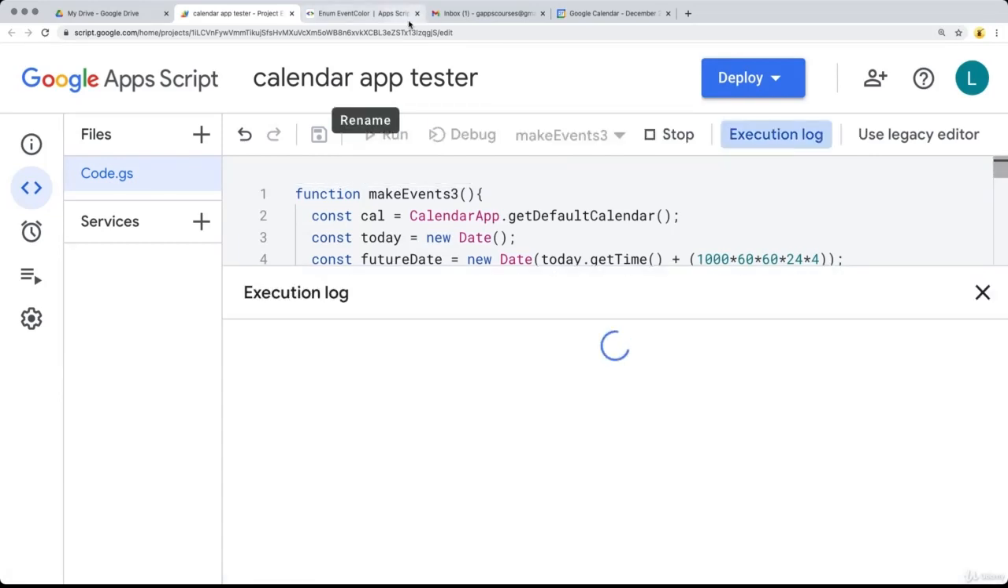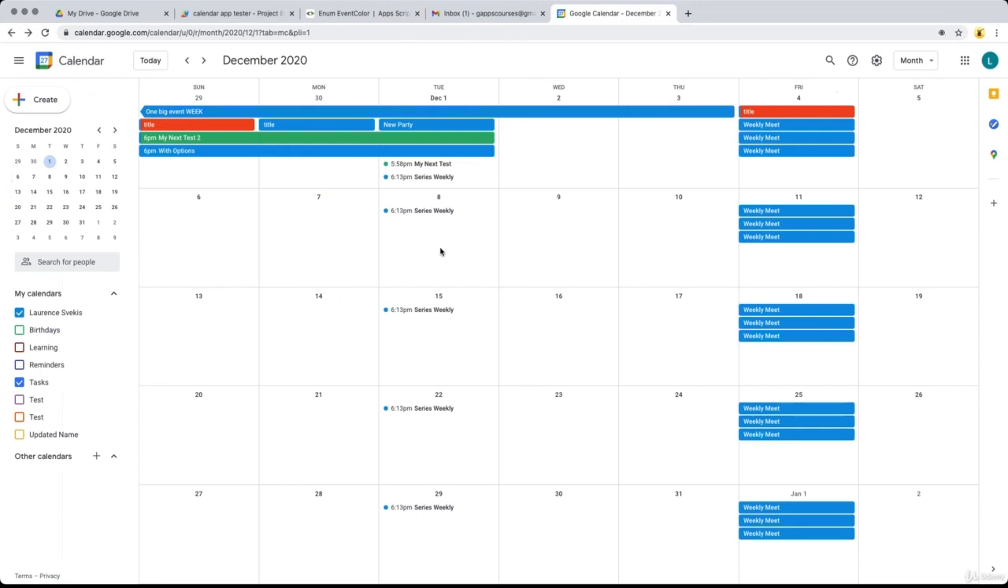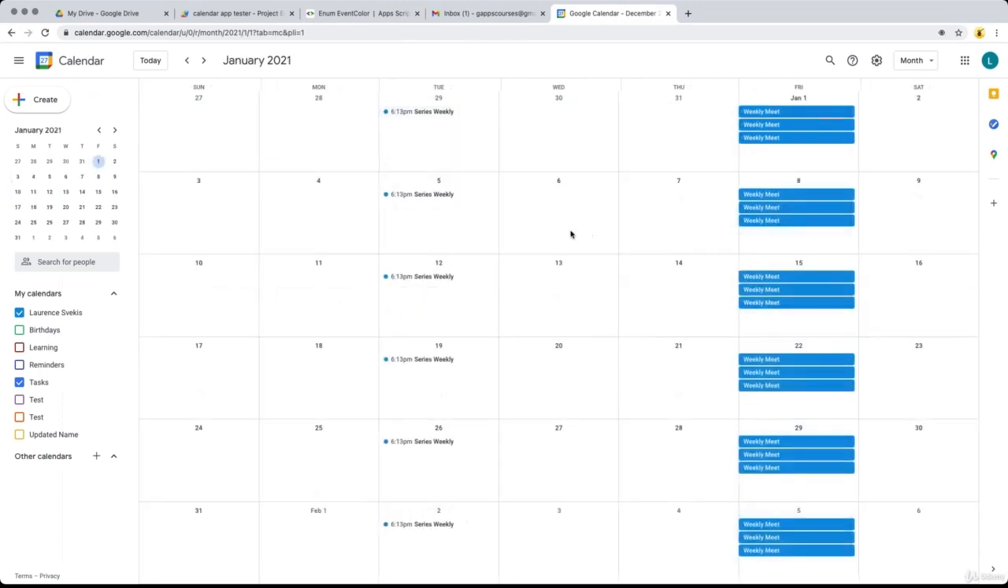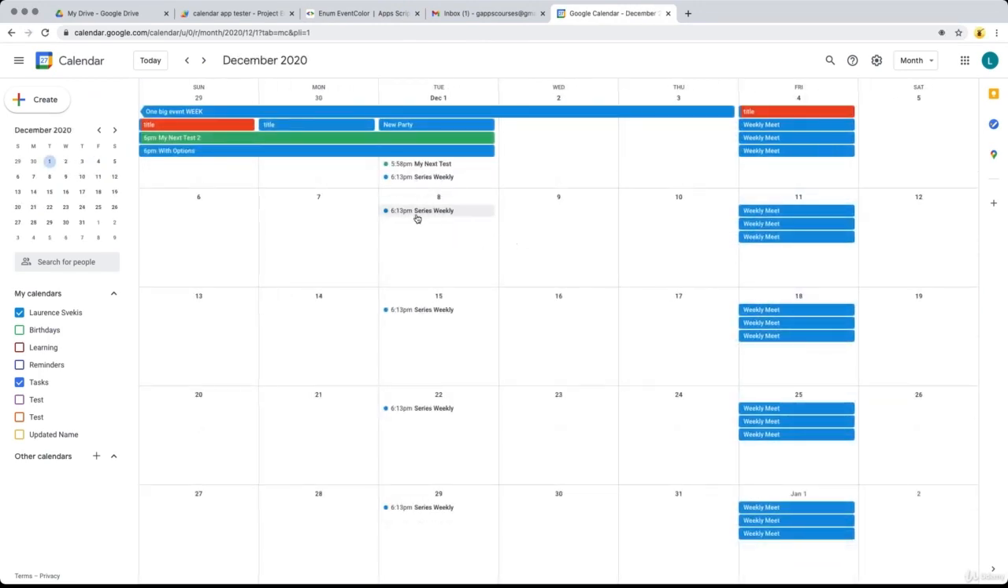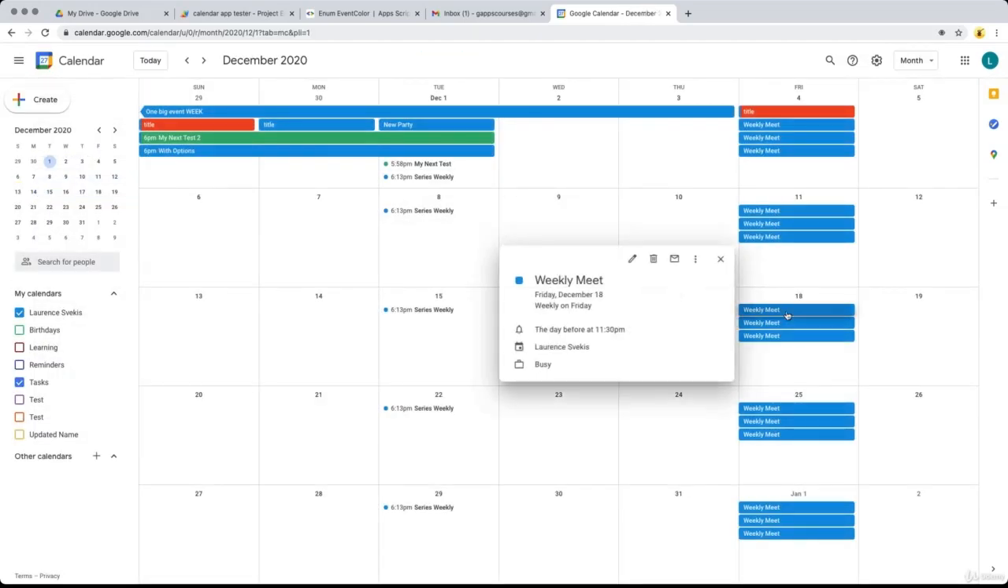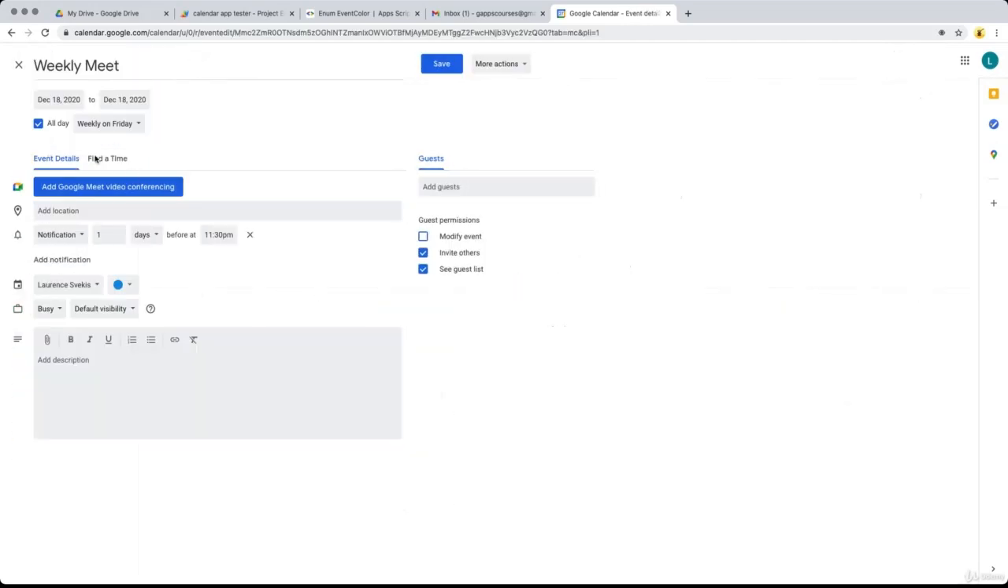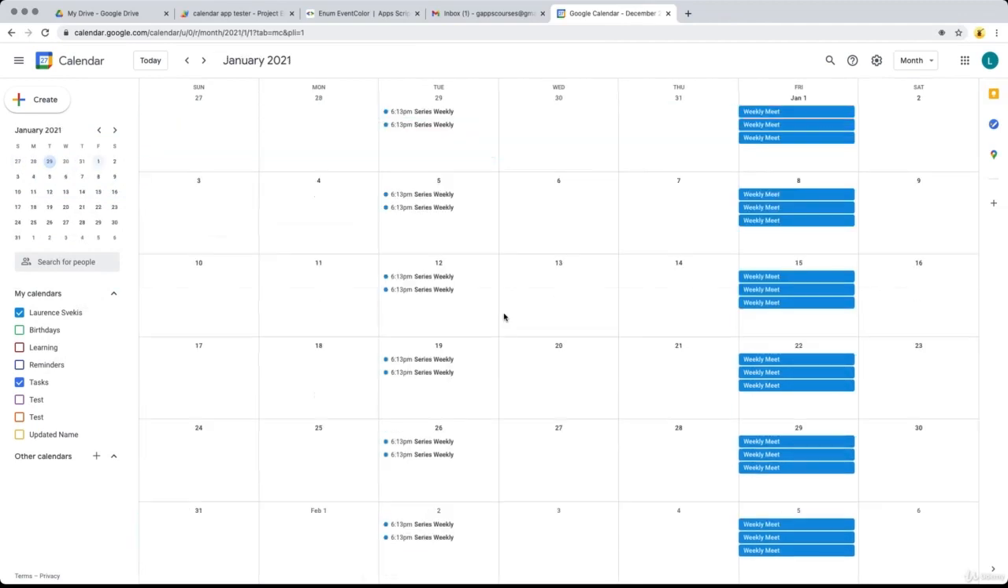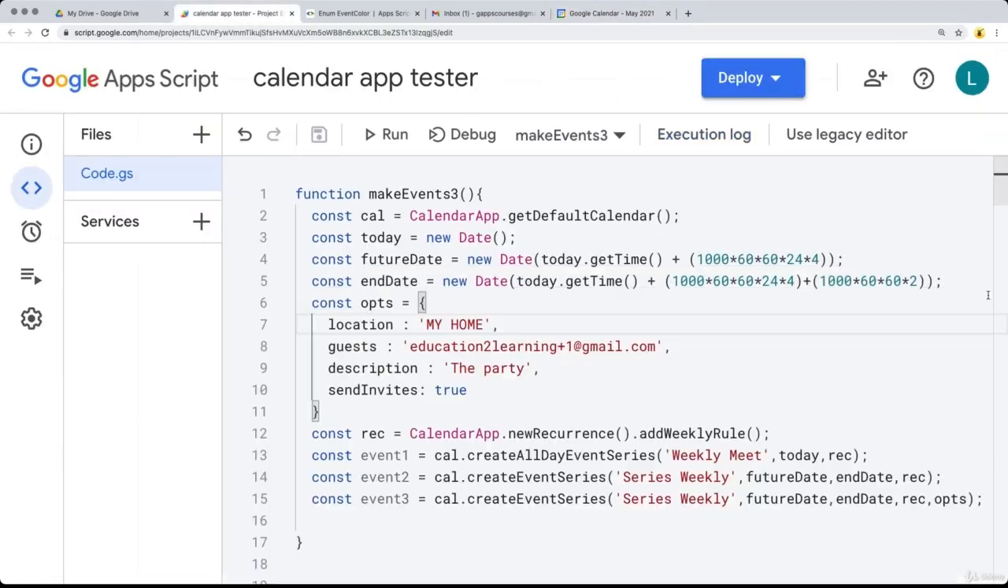Let's run this one more time. So we did have some issues with the times that we were setting, and this time it looked like it created them properly, where we've got it set to be weekly. And then we've got our other weekly meets that are all day events. So when they're all day events, they're going to show up as solid on your calendar. And they've created them with a starting. And if you do want to set an end, you can set the end when you're setting your rule here